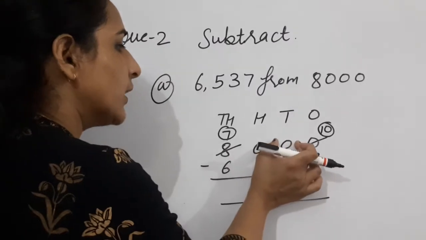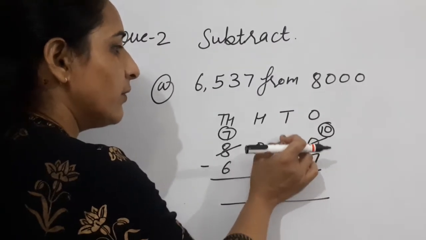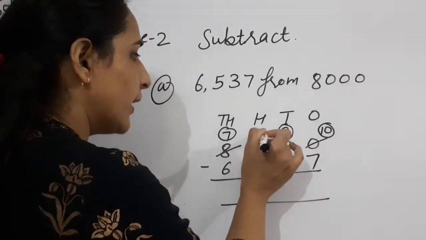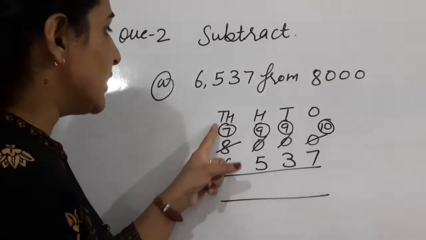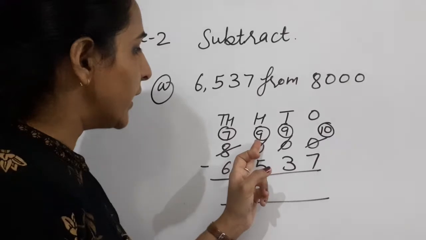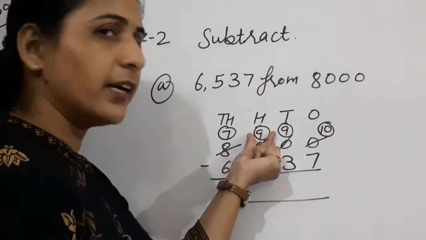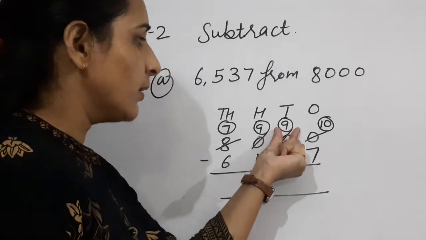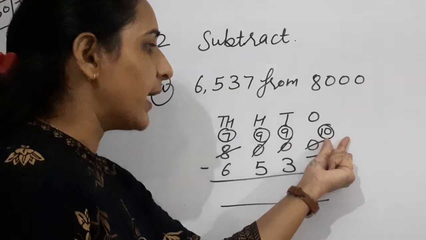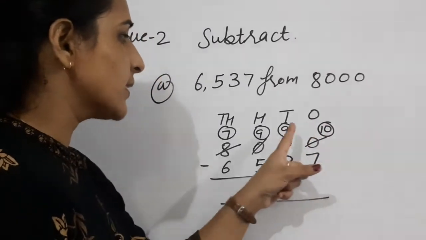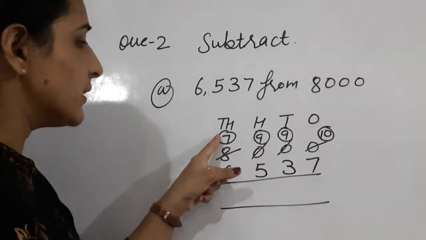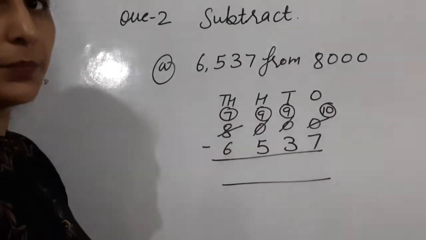Clear? We have made here 10 tens, but we take carry, now there is 9 tens and 900. Clear? We take carry, we make here 10 hundreds now. But we also take carry from there. Now there is 900 remaining. We make here 10, but we take carry again from there. So there is 9 tens and 10 ones. 10 ones, 9 tens and 900. And 7 is in the 1000 place. Now we can subtract. Clear?